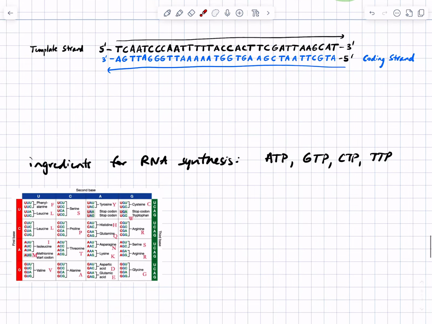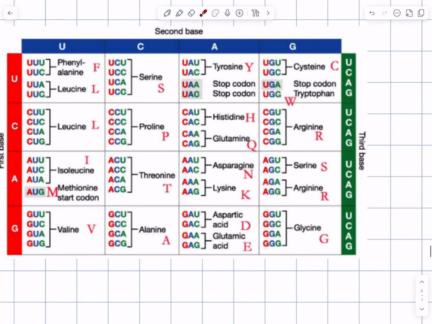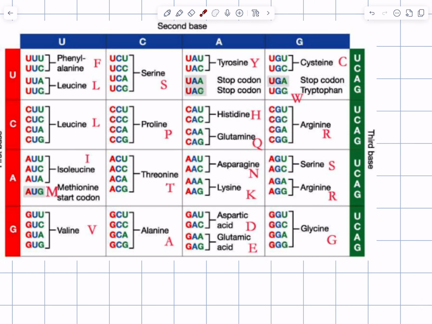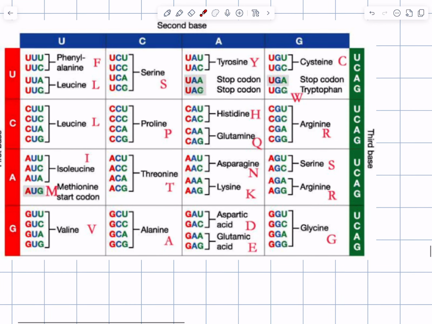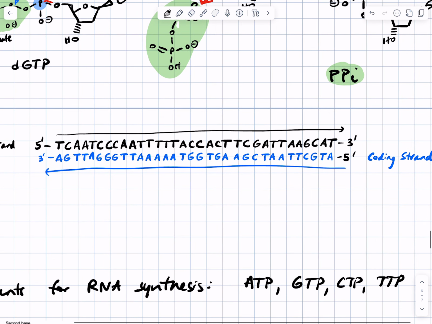And the start codon across a lot of different life forms in RNA is the codon AUG. Or in the DNA coding strand, that would be ATG. So the presence of this ATG sequence here indicates that that is a coding strand for